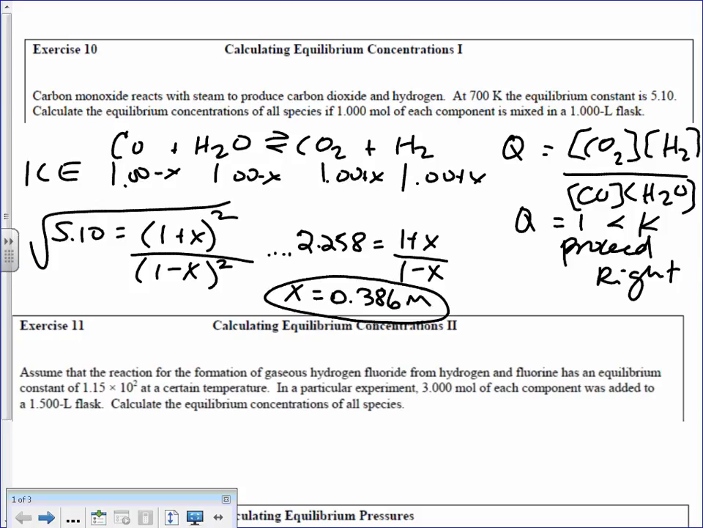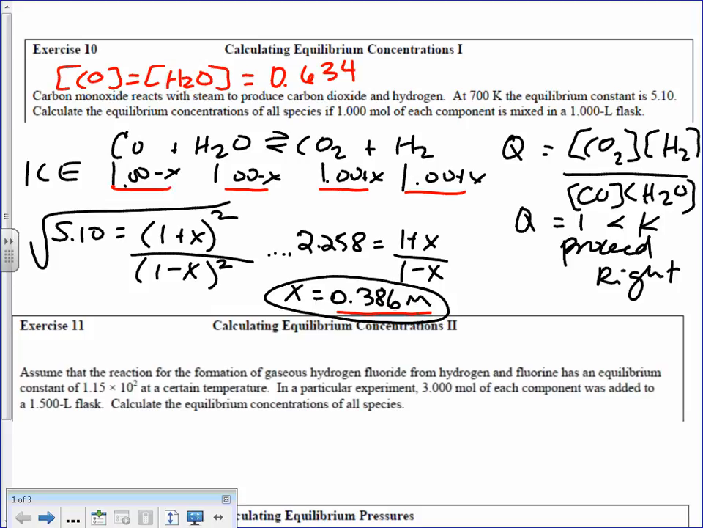Molarity, right? Because X does have a unit. So the question though is, what is the equilibrium concentration of all the species? So what would you need to do with X now? So plug it back in. Right, so you'd plug this value in for X here, here, here, and here. And generally, to make your life a little easier, you can just write carbon monoxide's concentration equals water's concentration, which equals 1 minus X. So that's 1 minus